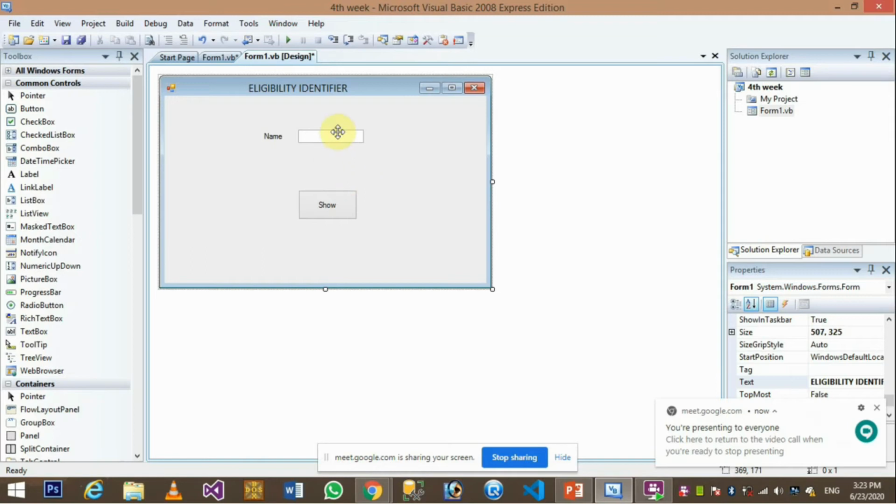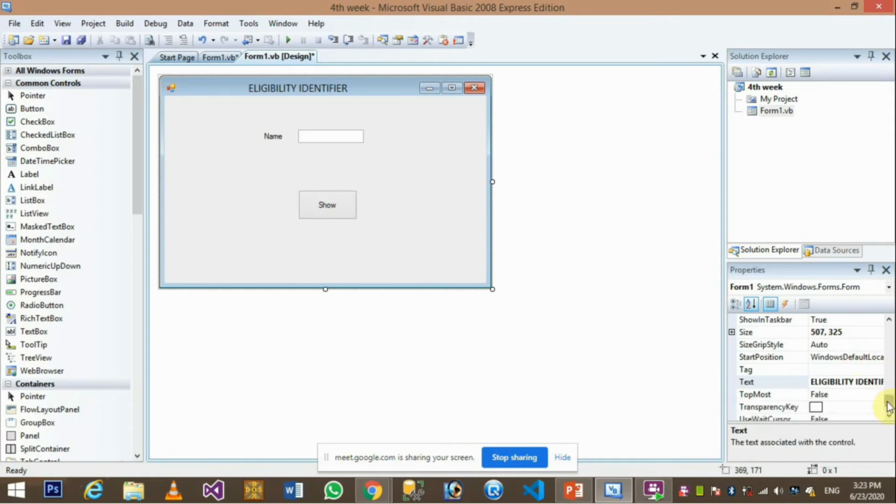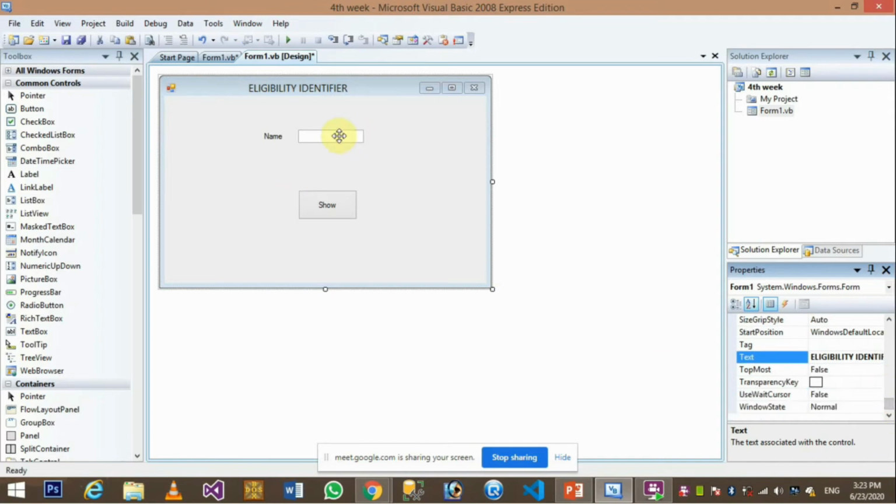So there you need to take the tickets on the basis of your ages, right? If your age is less than 18, you would be a child, but you would not be an adult, right? You would be a teenager or something, right? If your age is greater than 18 or 18 maybe, you would be called an adult, right? So that's what we are going to make today. Instead of name, I'm just changing the label, to age.